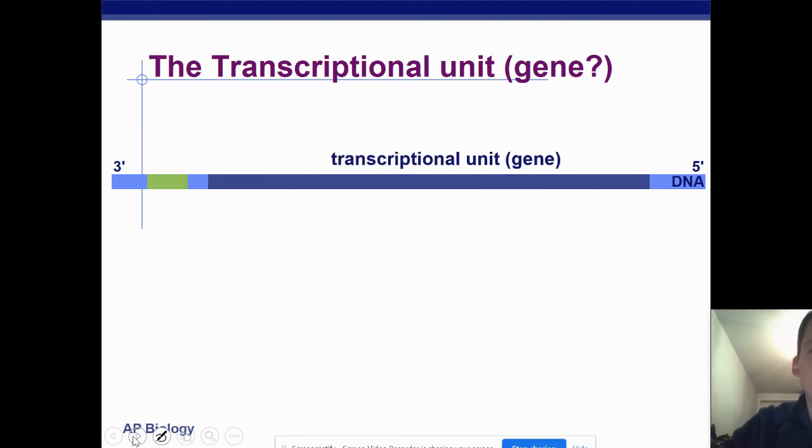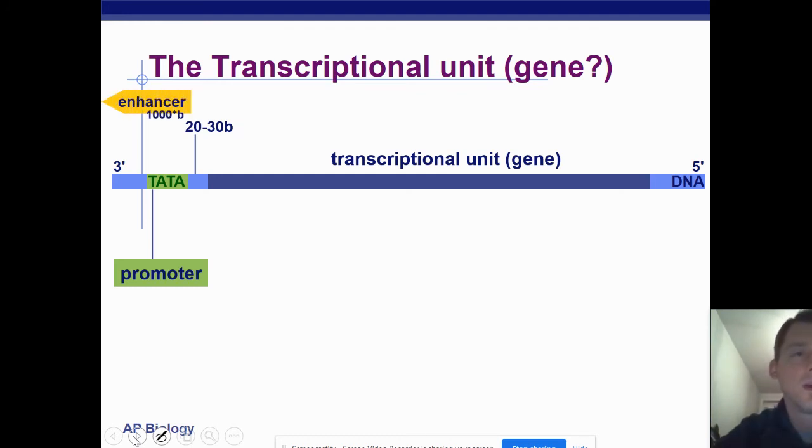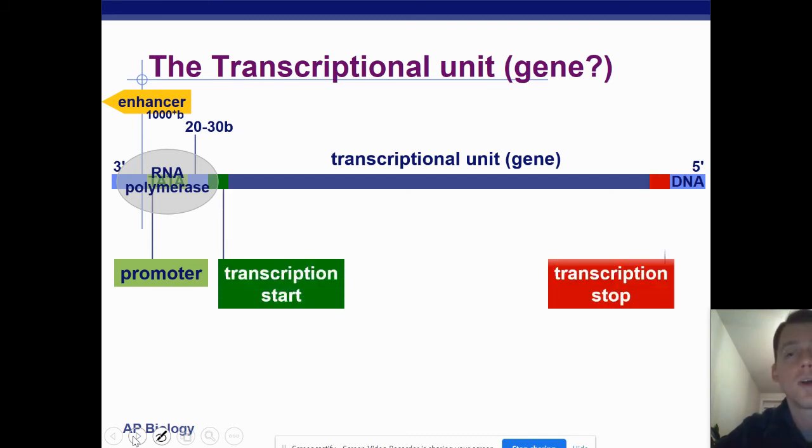Okay, just to give you an idea of everything, here is our gene. In blue is the DNA. Our gene is highlighted in blue. That's the TATA box, that's the promoter, if you remember from before. The enhancer is way to the left, not on the screen. And RNA polymerase meets up at the promoter. This is where transcription starts, this is where it ends, and the RNA polymerase is going to travel along, adding in the RNA